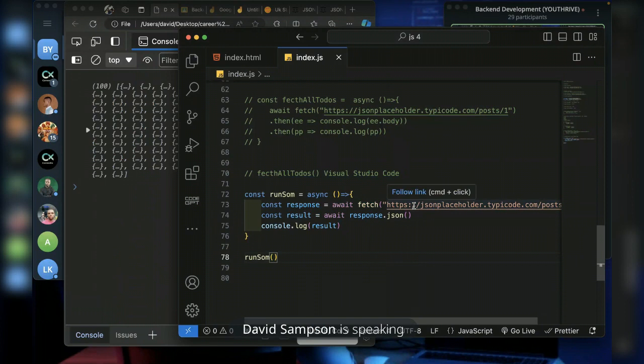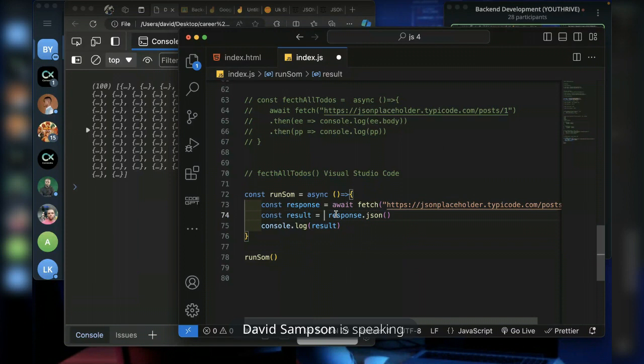Now you see the difference here. Each of these things take time to run. But if you add an await keyword, you are telling it to wait for that step to be complete. So we are trying to convert 100 objects from JSON back into objects.